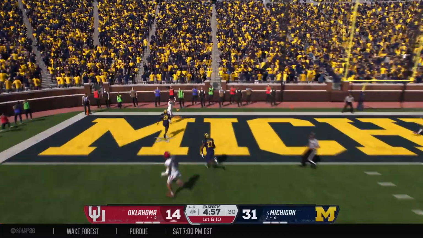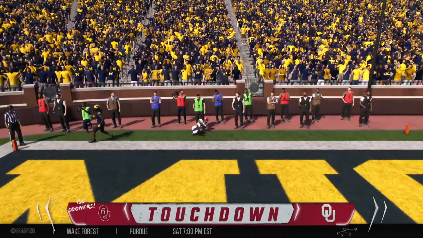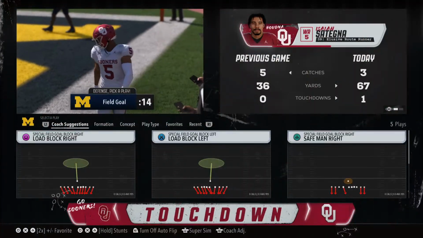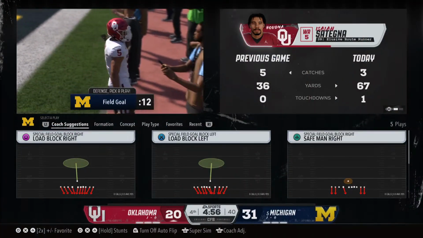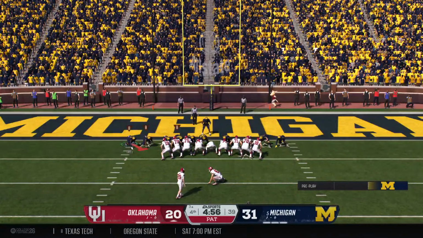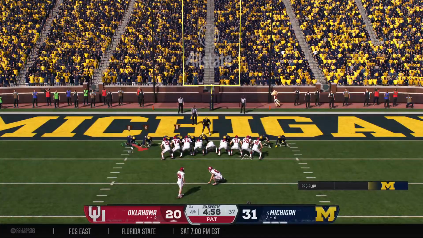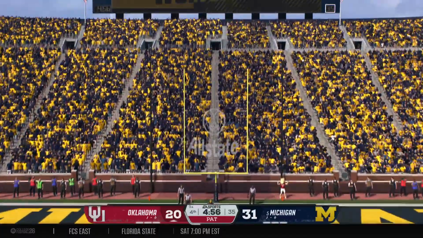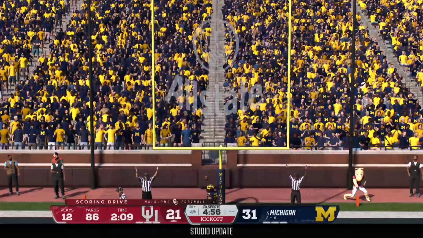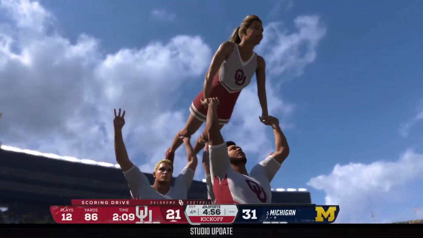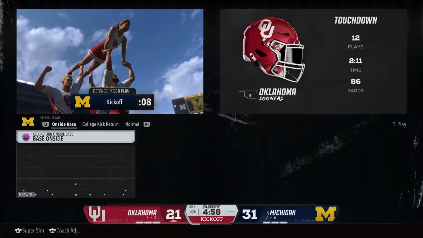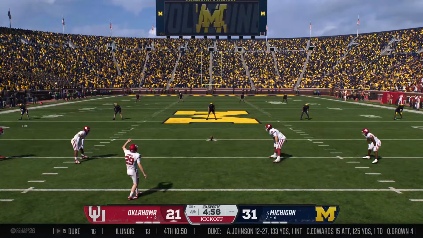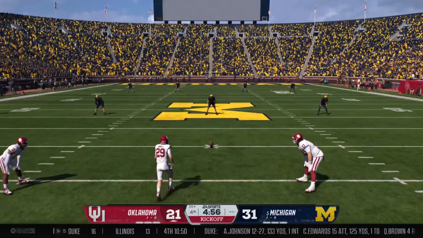Deep shot. Fires into the end zone, and they caught it for a touchdown. Touchdown Sooners. One of the areas they really focused on: we need you receivers to make more plays for us in the end zone. When we're taking shots, we need to be able to step up and make tough catches. What a grab! And Oklahoma cuts the lead to a 10-point game. They're not going for an onside kick. Interesting. Having a guy that can go get it.